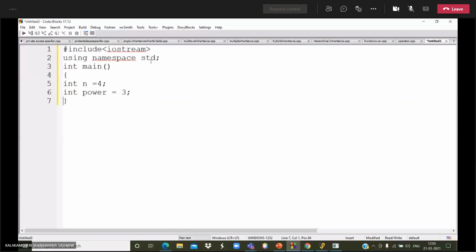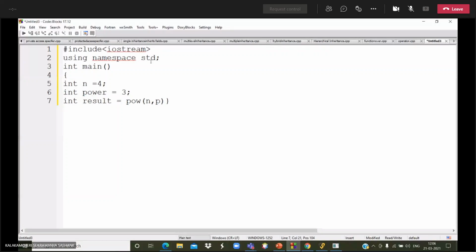Then I am assigning the result to a variable. In the function, I am passing two arguments, n and power.